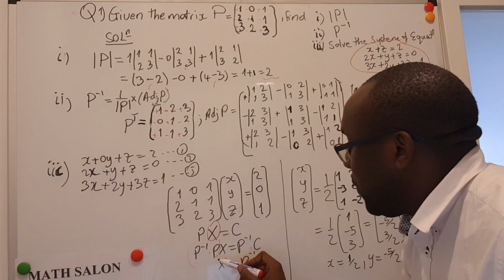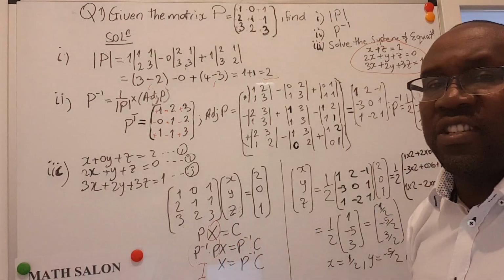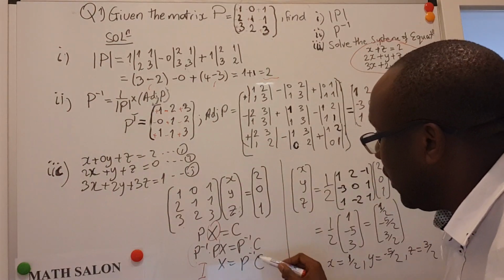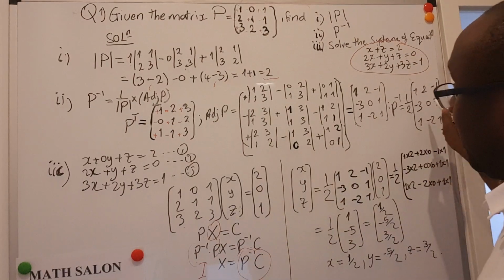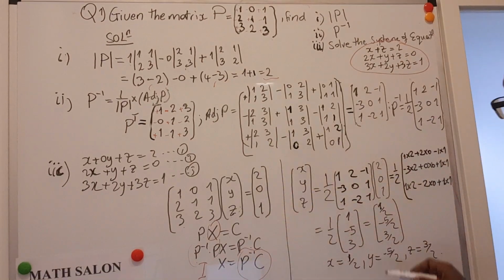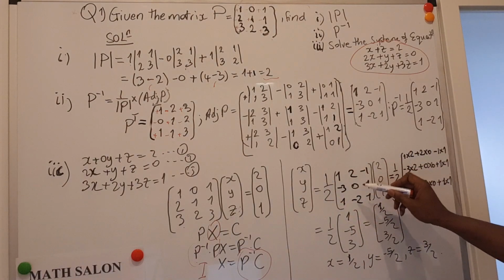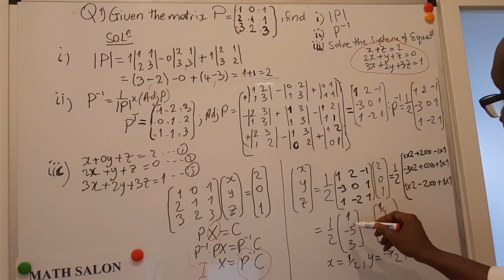The P inverse times P is an identity matrix, I. And the identity matrix doesn't change the matrix that it multiplies. It leaves it the same. So if we do that, then I get this from here. What I'm left now to do is just take my inverse that I calculated before and multiply by C. And this is what we'll do here. So my inverse is 1 over 2 times that there. And we will just multiply with this. If you do that, you will get